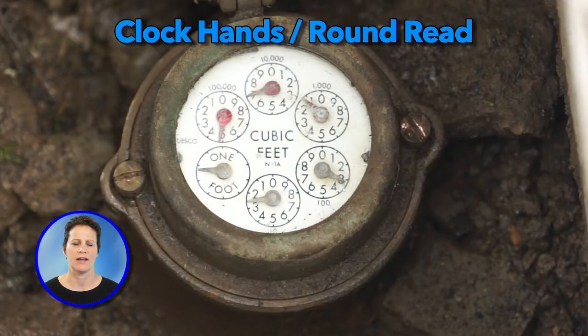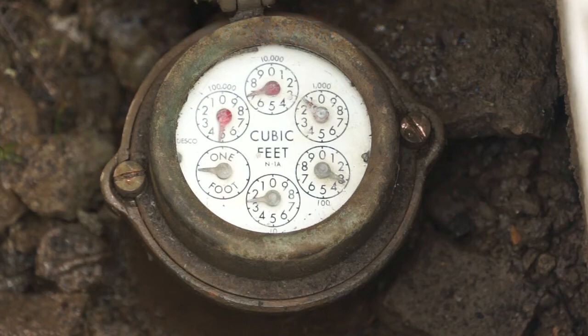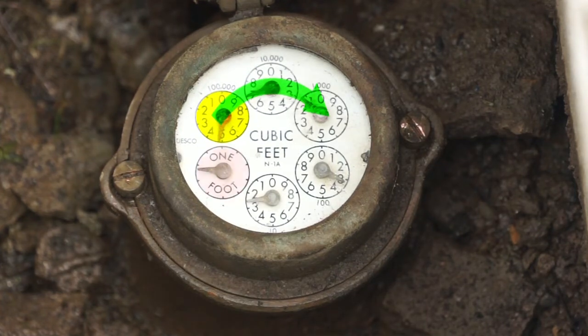Another style of water meter looks like this. This is called a clock hands type of meter. It's sometimes also called a round read meter. This type of meter is read clockwise, starting with the 100,000 cubic feet dial. You can ignore the bottom 3 dials, which are the 1 foot, the 10 cubic feet, and the 100 cubic